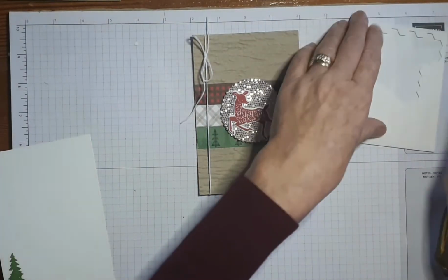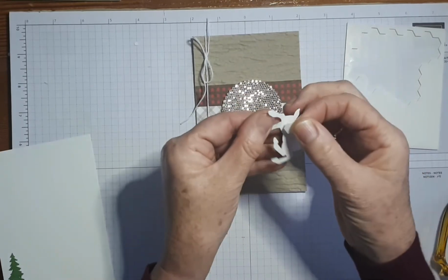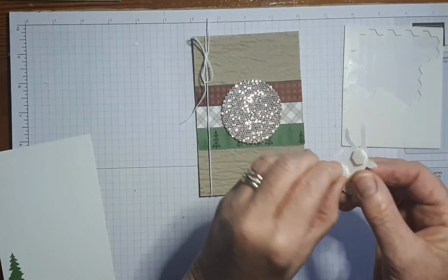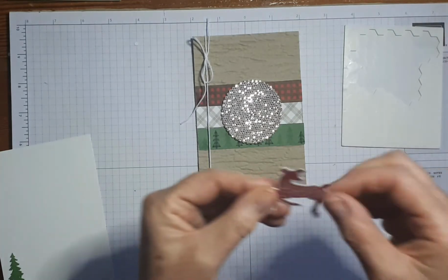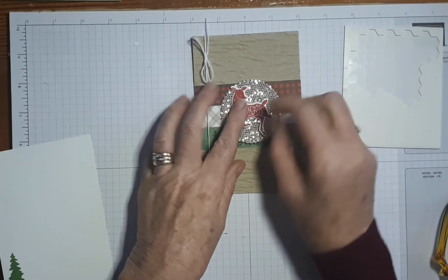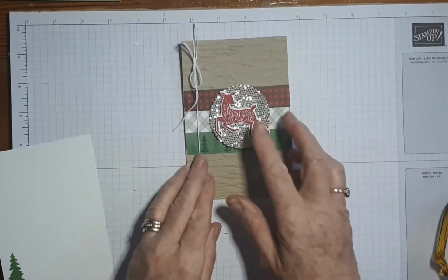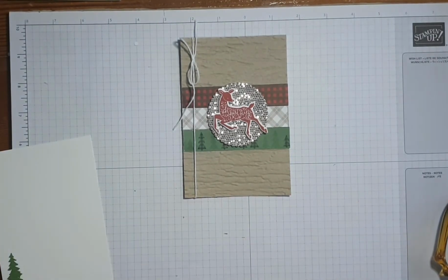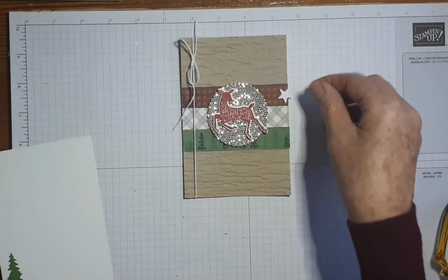Dimensionals right in front of you. I really like the stamping on this, the sentiment that's included in there. It just means you don't have to put a whole lot of additional sentiments on the outside. Now I'm just going to bring in those little stars that I had already cut out, or die cut from,